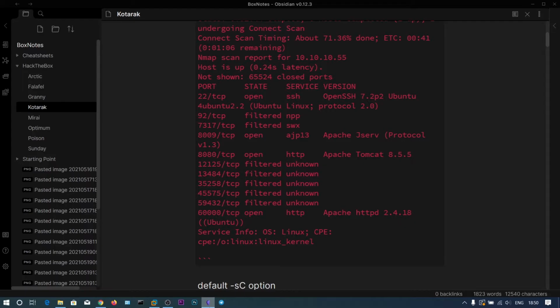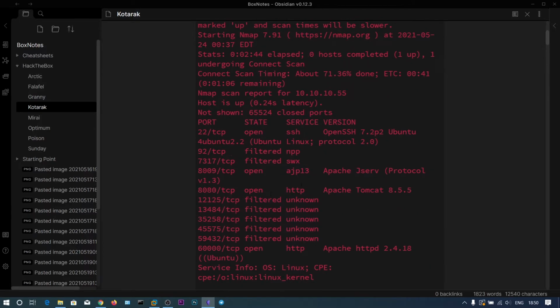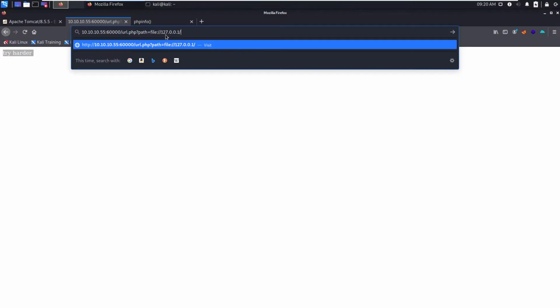Okay, let's leave that one. I think we don't have enough ports to reveal the information because the file protocol is being filtered. There is no FTP, there is no SCP.